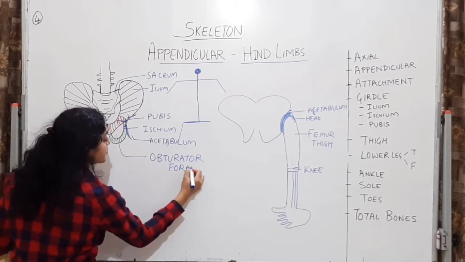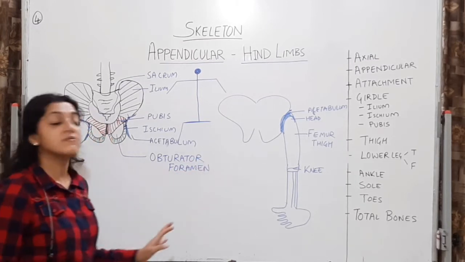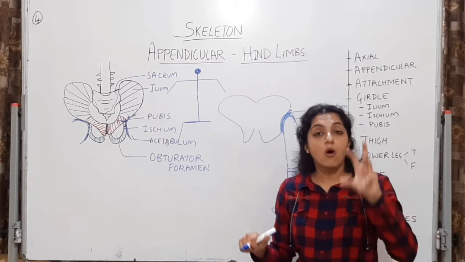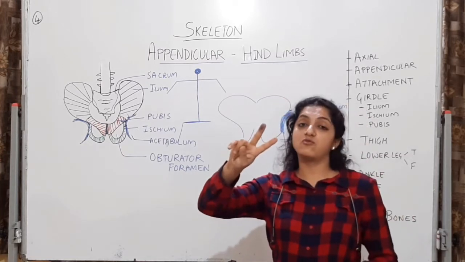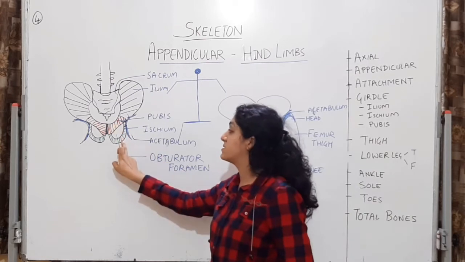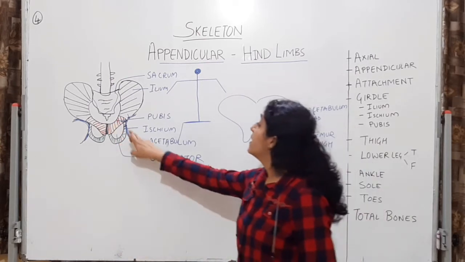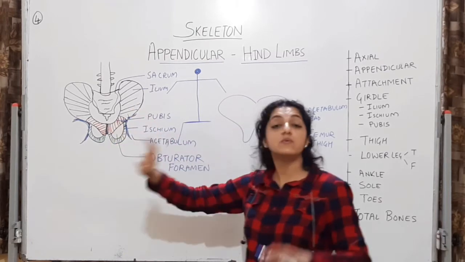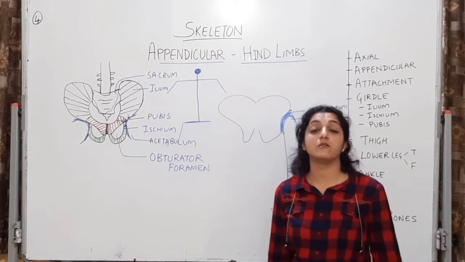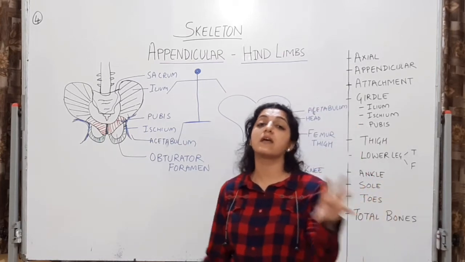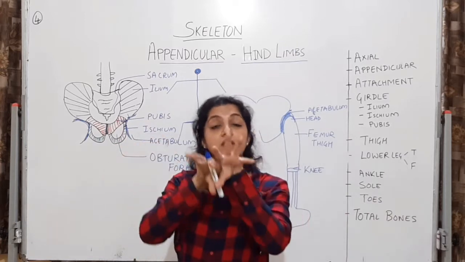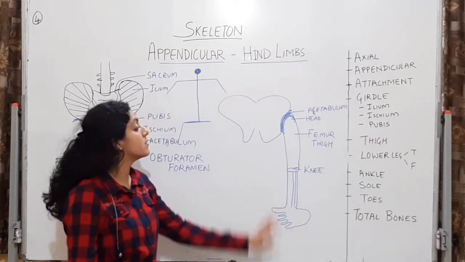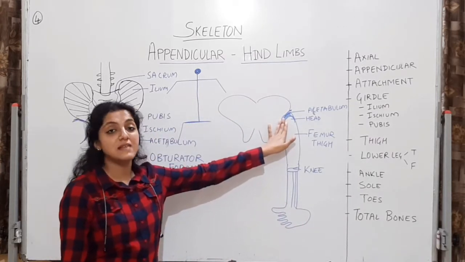Obturator foramen. And through this obturator foramen nerves and blood vessels can pass. So obturator foramen दो bones के fusion से बनता है, that is ischium and pubis. Whereas acetabulum cavity तीन bones के fusion से बनती है, that is the ilium, ischium and pubis, all three. Again important MCQ. Obturator foramen कौन से दो bones बनाते हैं fuse करके, and acetabulum cavity कौन से तीन bones के join होने से बनती है, that is ilium, ischium and pubis. So you have to remember. And femur is going to be attached in this acetabulum cavity.